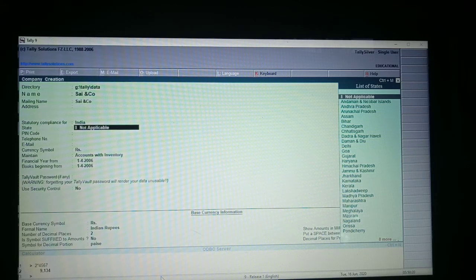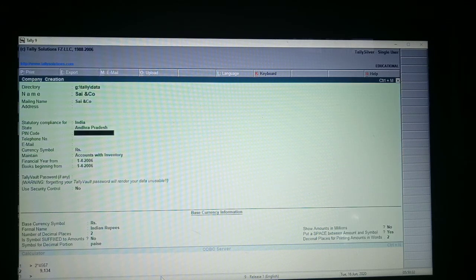If you press A, all the states that start with A are highlighted. Out of that, using arrow keys, you can select your own. Pin code, telephone number, email ID. You fill everything. And your currency symbol in India is RS, rupees.